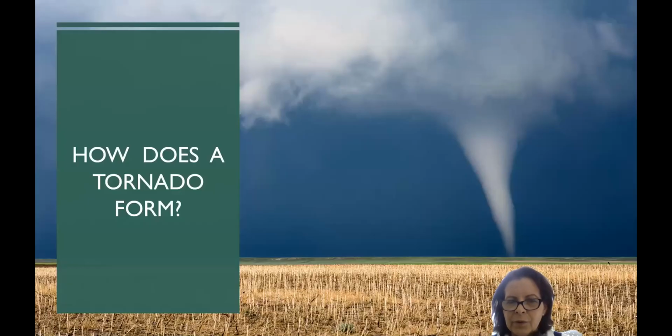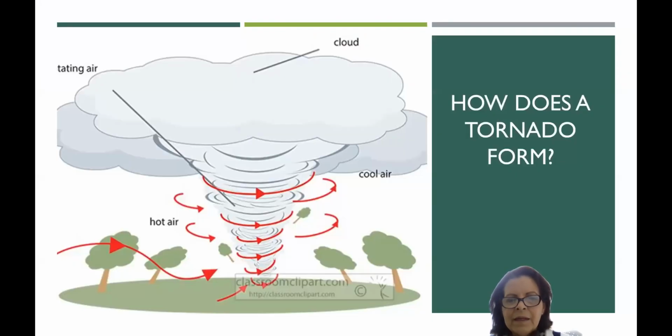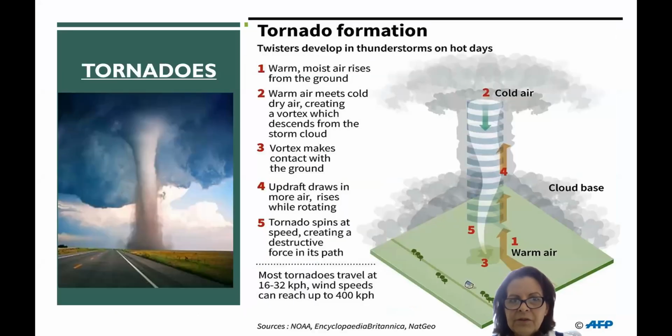How does a tornado form? This is a beautiful picture taken in Tornado Alley in the state of Kansas. Then this drawing shows how the hot air from the ground rises to the cold air in the atmosphere, and that will be a cloud, and this combination is what forms a tornado. In the details, it tells us that warm moist air rises from the ground,